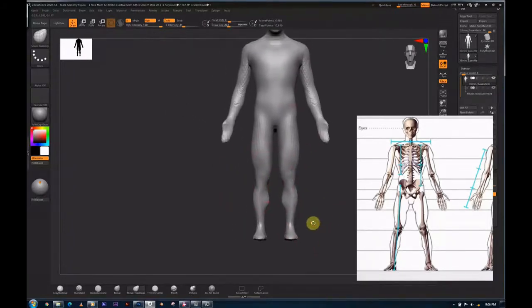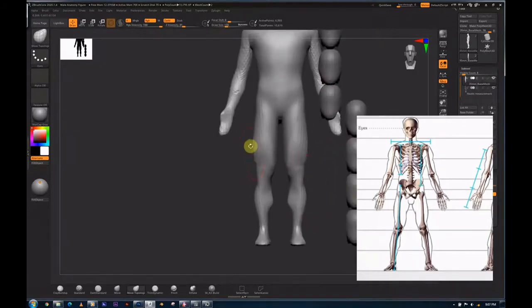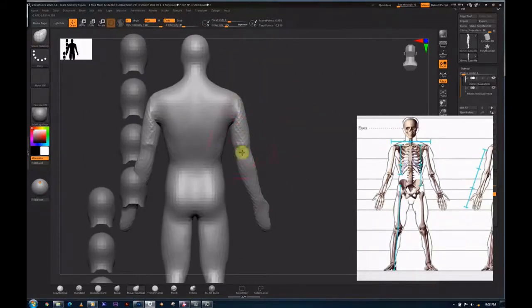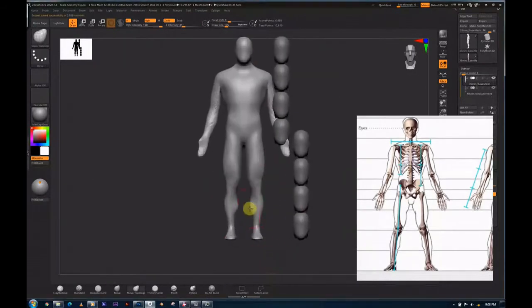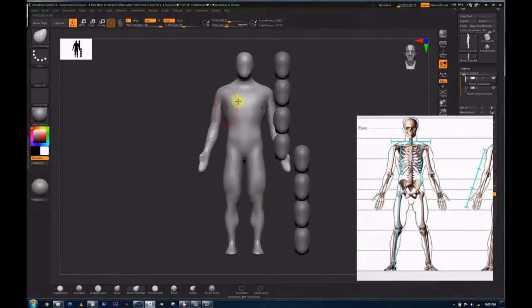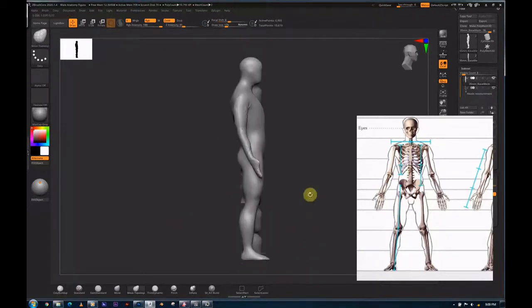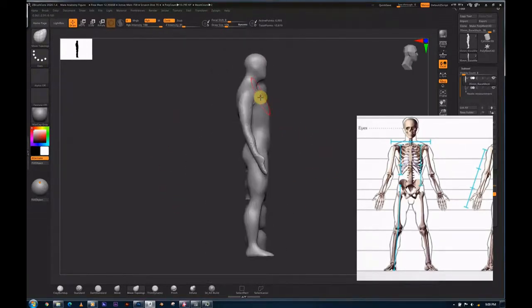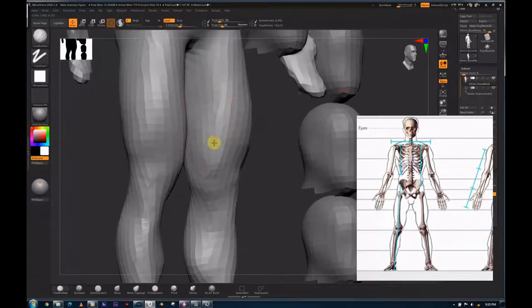We're still in low res. We're not too concerned about the details. So you see me moving the mesh very hard, because I'm still fighting, trying to find those basic shapes. At this stage, nothing comes together. It's like everything is not in place. But it all starts like that. Just don't give up. Just keep on moving, checking your measurements and looking at your reference,